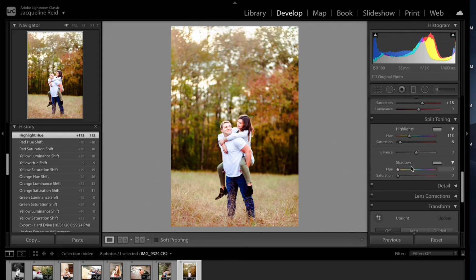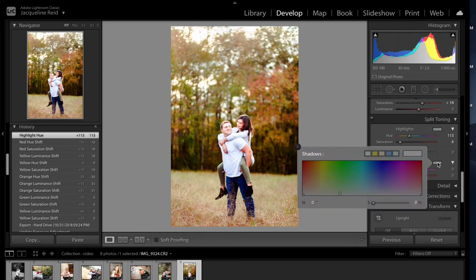Now we're gonna adjust the shadows. We're gonna do the same thing. A lot of times I find success with the opposite of the warmness. Like you have yellows, so then your shadows would look good in the blues. If you were in the greens, then it would look a little bit better in the magentas. That's just something that I find works, but we're just gonna kind of slide around and see